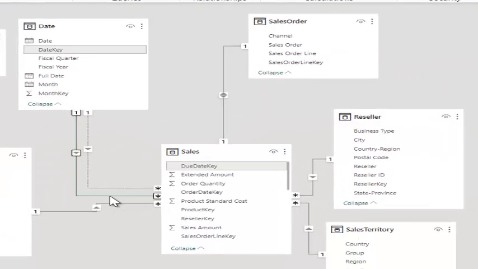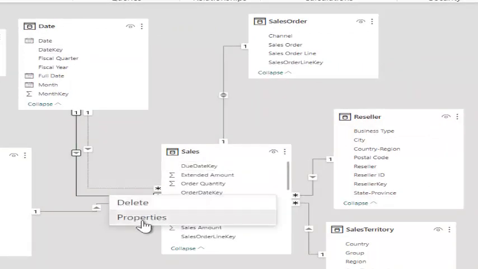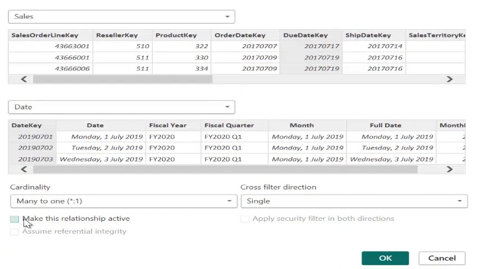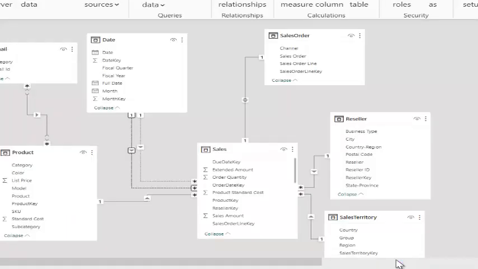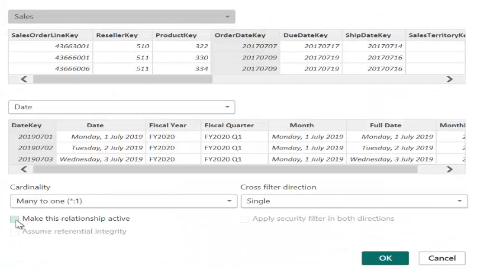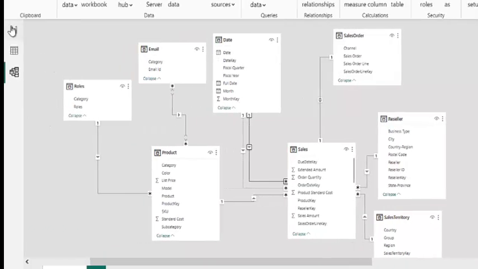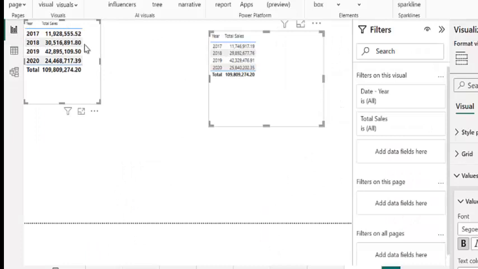Now, one way of doing that is to make this particular relationship inactive. I right click on that and I make it inactive. Now I've made that relationship inactive. Now I can double click on this and make this particular relationship active. Once I click on it, the relationship becomes active, I click on OK. But when I click on OK and I go back to this, now you can see these figures